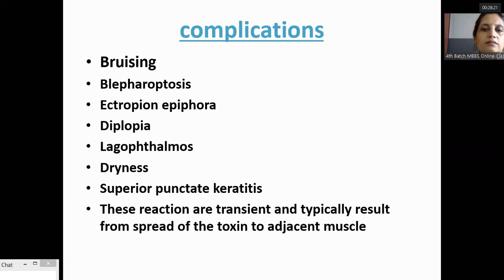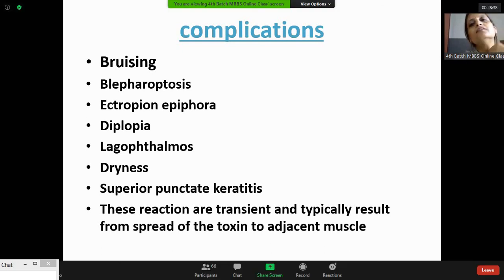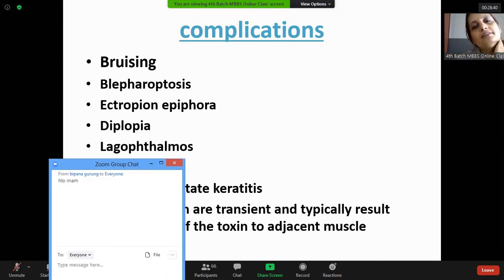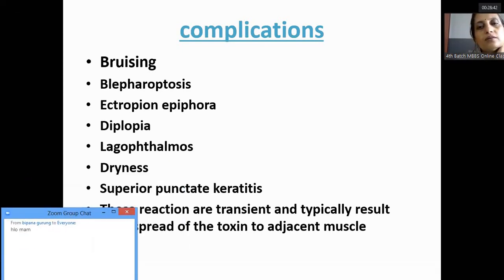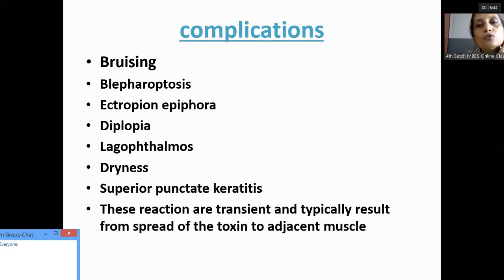From the next class, I think sir has covered conjunctiva and cornea. So I will start lens or glaucoma. If sir starts lens, I will start glaucoma in the next class. I think it is better that I start glaucoma, and if not, then lens. So my work on the lid is over.